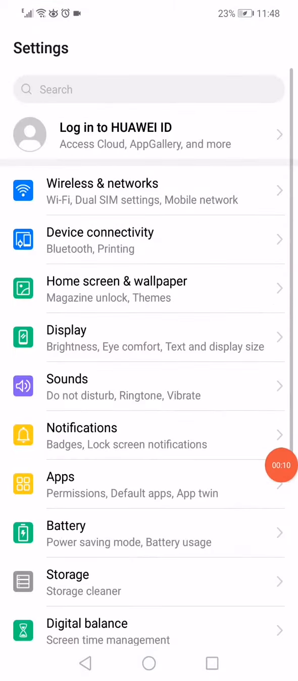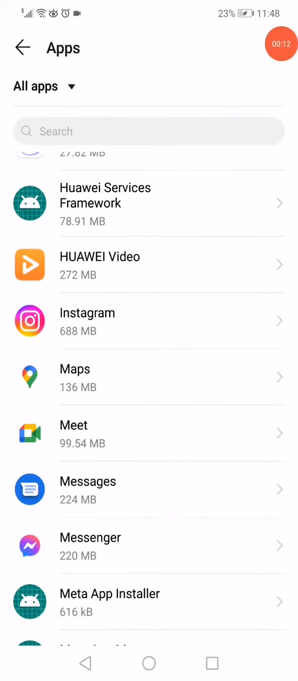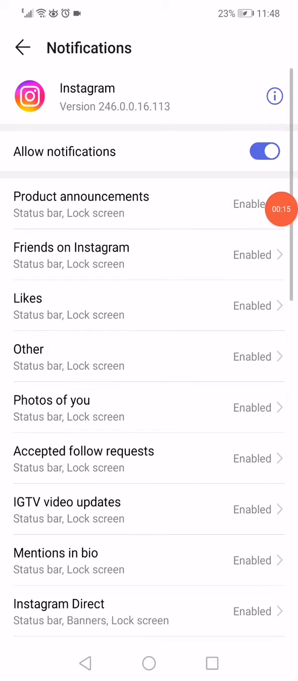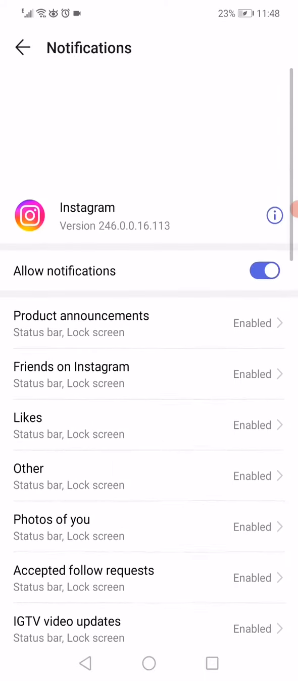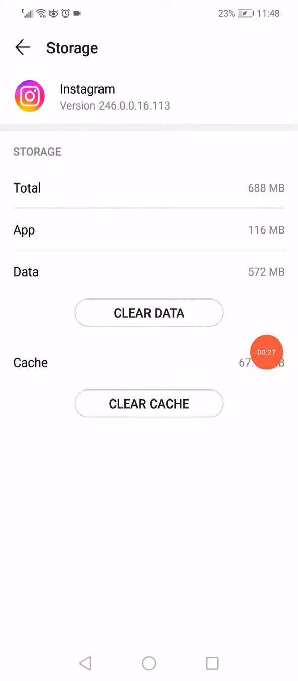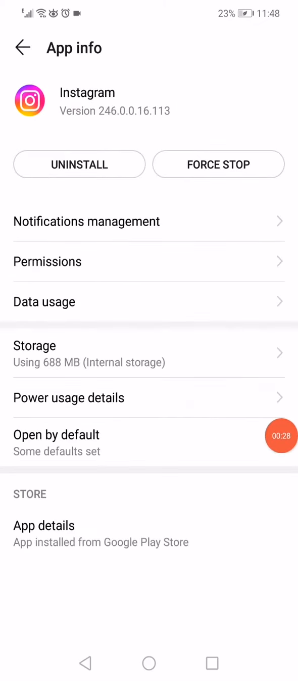Open the settings, open the apps like this, and now click on the Instagram app, click on the notifications. Make sure that all those notifications are enabled like this. After that, make sure to go back, click on the storage, click on clear cache, go back, click on this